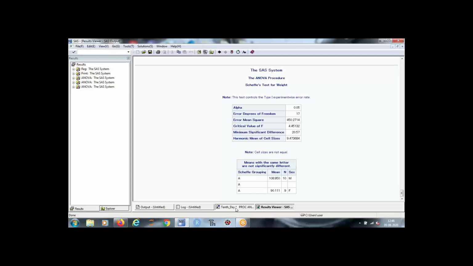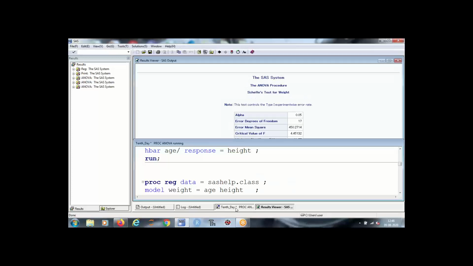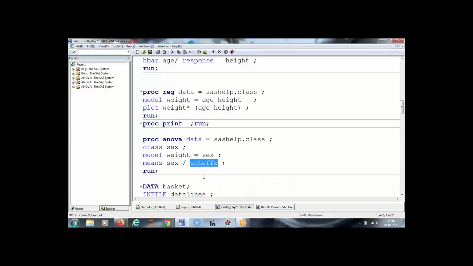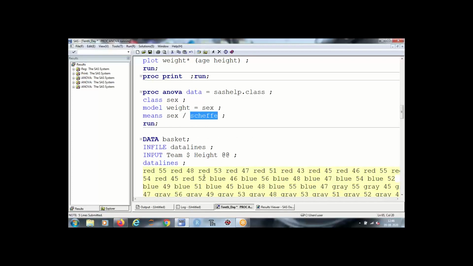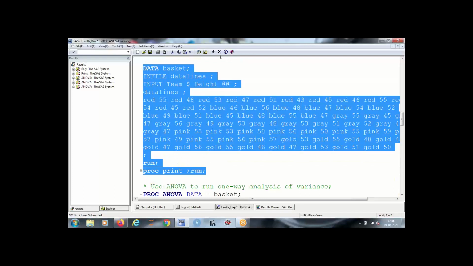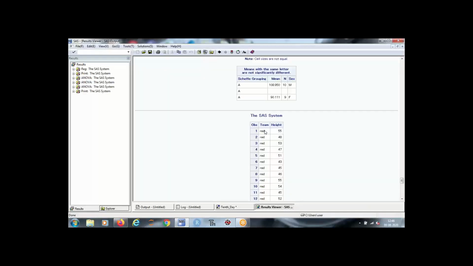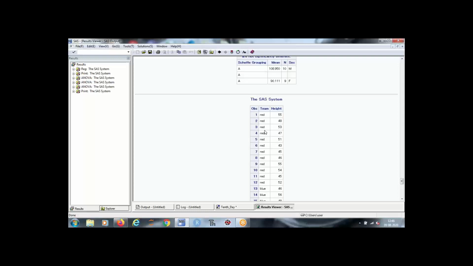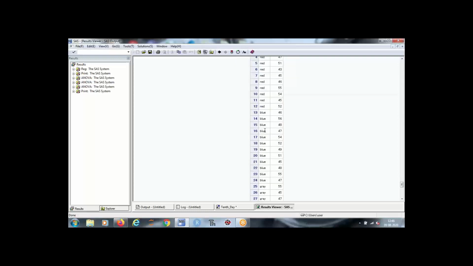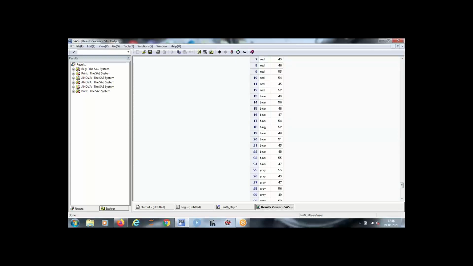Let me show you one more example. This is data for a basketball team where we have team and their height. Now if you want to check whether the average height of the teams is equal or not, what will you do? You will write proc ANOVA.